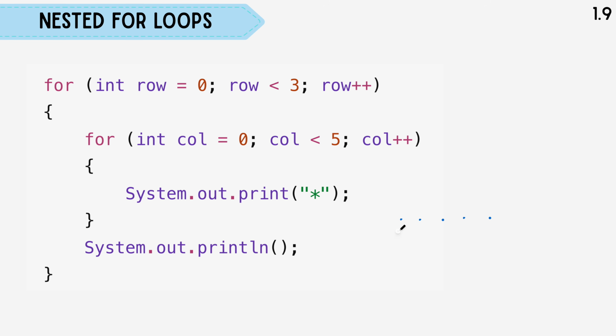Then it prints on a new line. It goes and does the same thing. And then on a new line, because it runs 3 times, so this is 0, 1, 2. And over here we should have something like this. It's a bit wobbly, but you get the point. There's gonna be 3 by 5